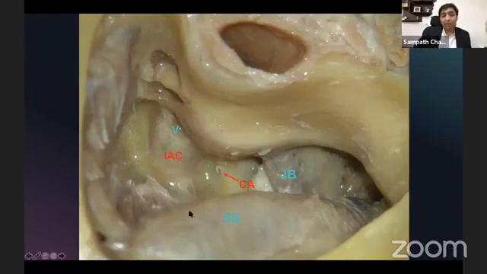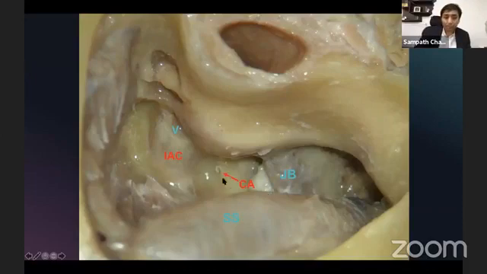Now, when you're doing this procedure in a live patient, you will see that the presigmoid dura will be bulging forward. The middle fossa dura will be bulging downwards. So it won't be so nice and relaxed as you're seeing in a dissection specimen. So this space can be achieved primarily by hugging the facial nerve, decompressing the sigmoid, presigmoid, middle fossa dural areas, and by releasing CSF from the posterior fossa.